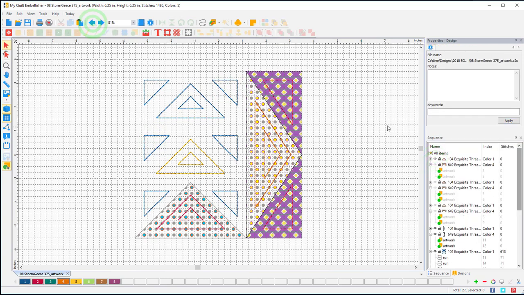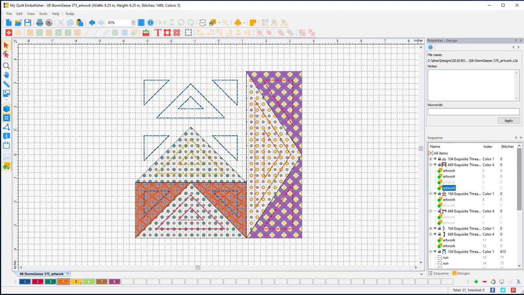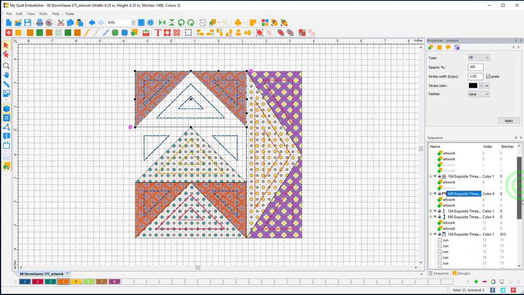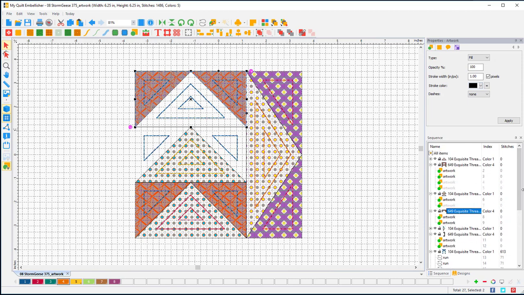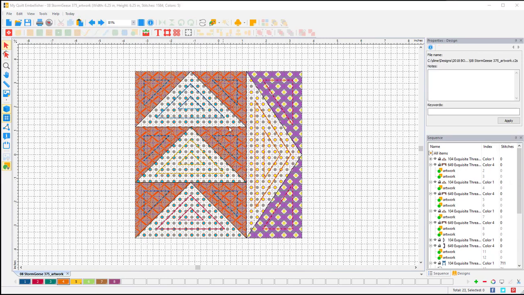Whoops, if we turn our, sorry, I can't think and talk at the same time today. If we turn all of our images back on, how did I just lose some of my images? Okay, so I've got all of my